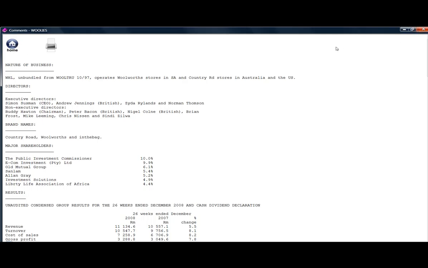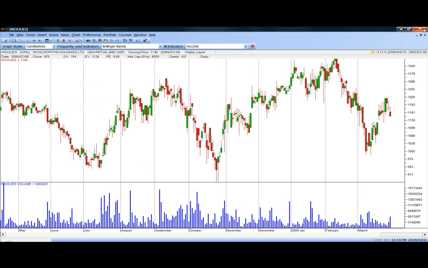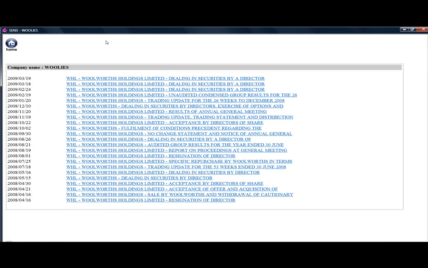Or by clicking on the next icon, which is the SENS message, this one will show you the latest message on SENS, and you can see all the messages for Woolworths